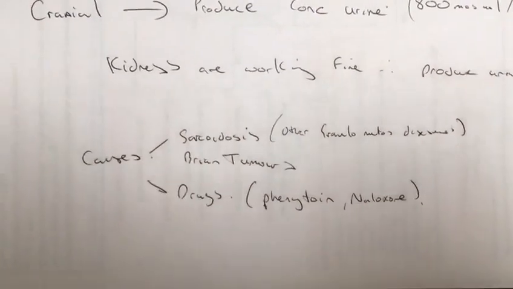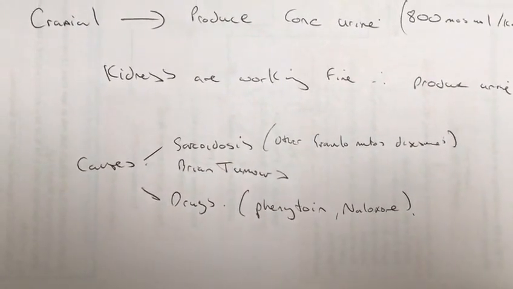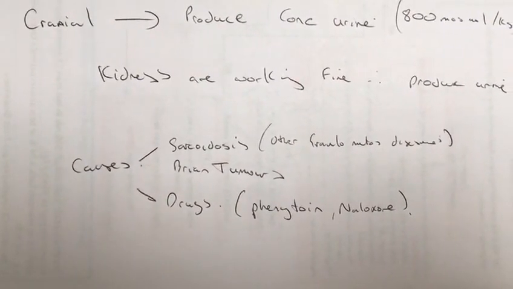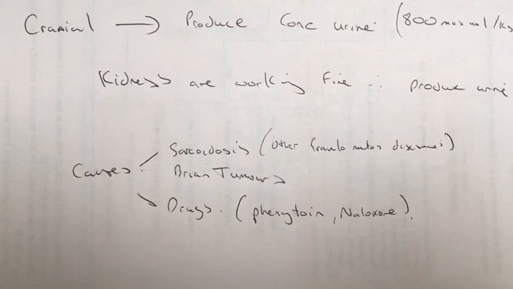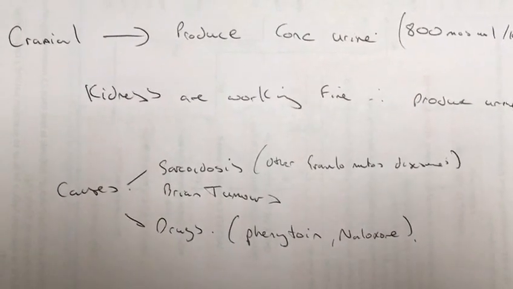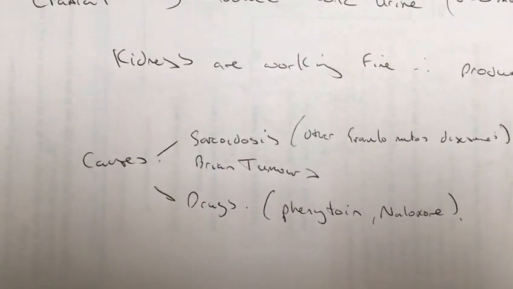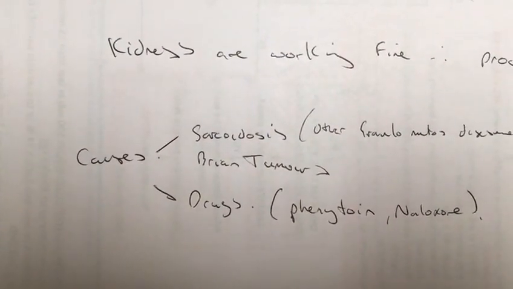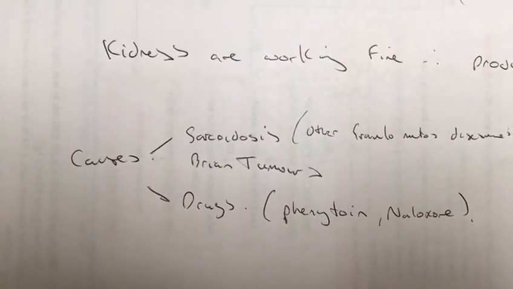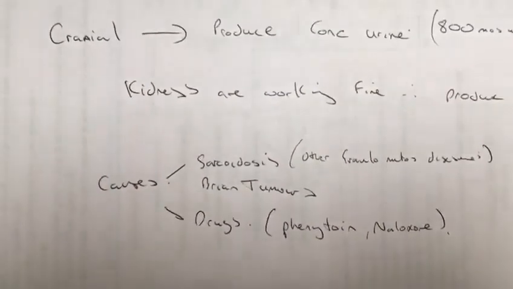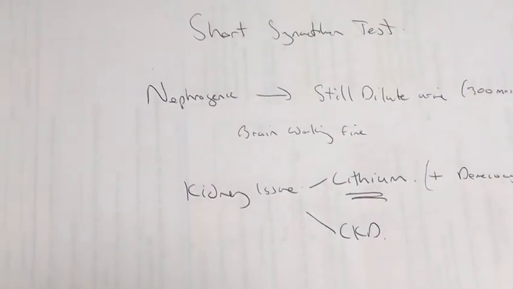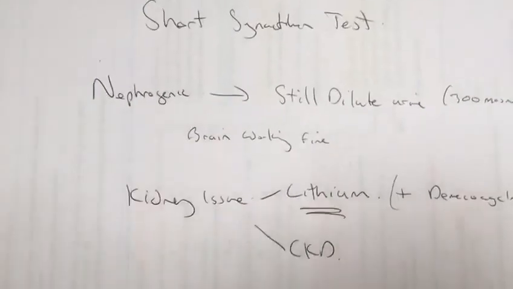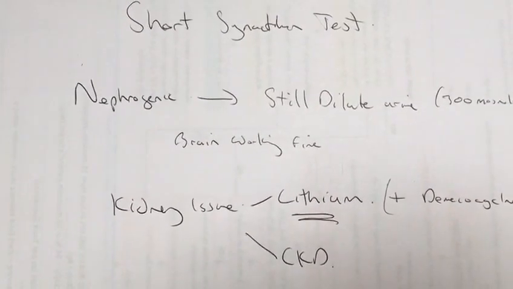Now, the causes of cranial diabetes insipidus are many, but just a few to highlight: sarcoidosis and other granulomatous diseases, brain tumours, and the main drugs you have to think about are phenytoin and naloxone. So that leaves you with the nephrogenic people, and when the short synacthen